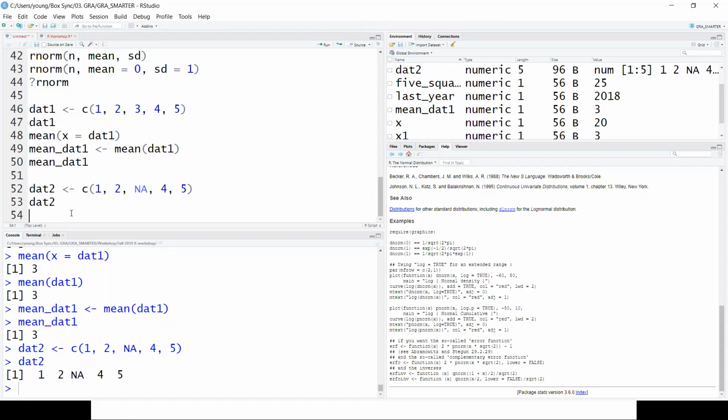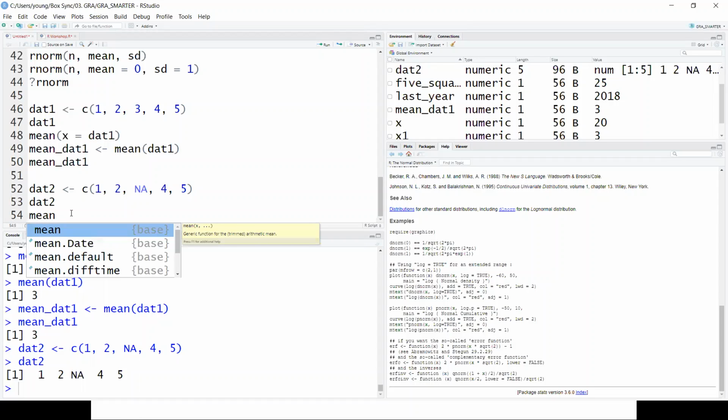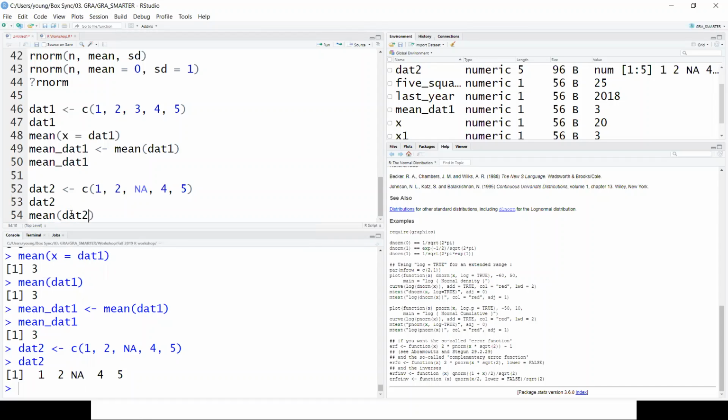And then suppose we want to see what the mean of this data2 is. As we did for data1, we're just going to call mean of data2. And then let me assign this to mean_data2.